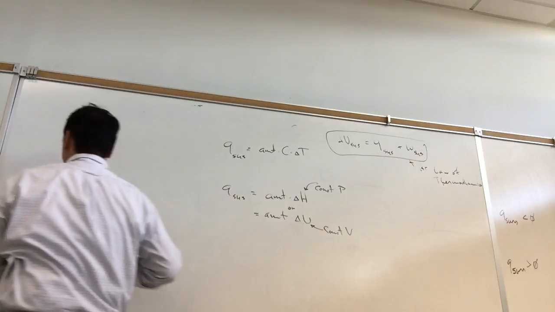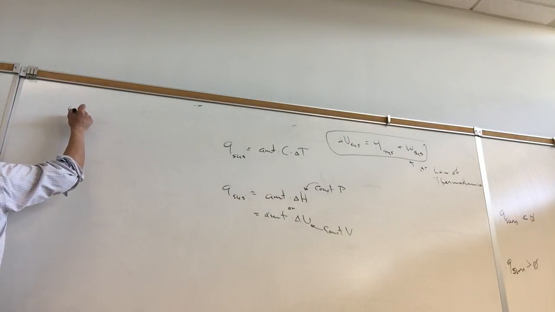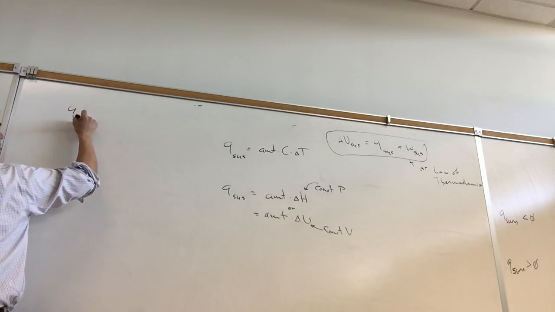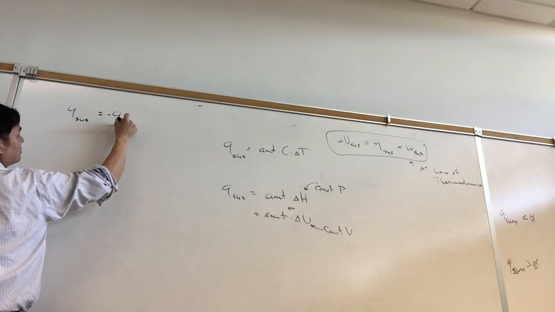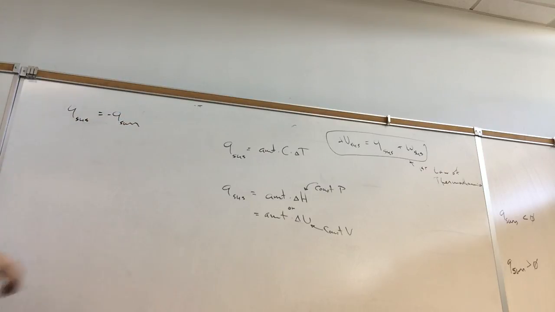So from the first law of thermodynamics, any heat gained or lost is going to be heat lost or gained by the surroundings. So Q of the system is equal to minus Q of the surroundings. And then we use those equations to figure it out from there. And so let's take a look at a couple of homework problems we're going to do from the book.